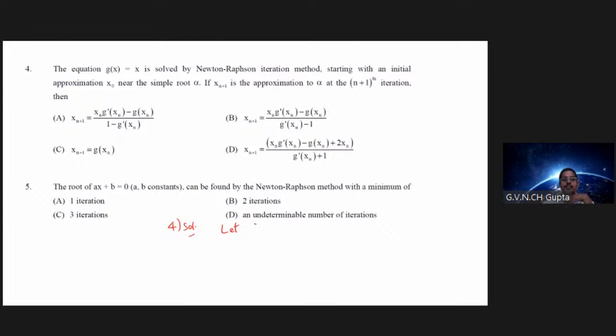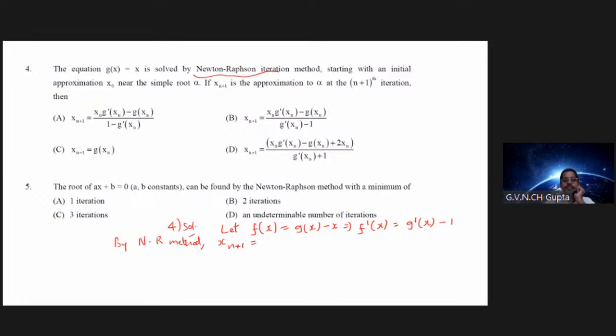Let the original function f of x be such that we consider all x terms on the left side. g of x is already on the left. Shift the right side x term to the left side. You will be getting f of x equal to g of x minus x. This implies immediately find the first derivative, because the Newton-Raphson method is already mentioned. So this is g dash x. The x derivative with respect to x is 1. By the NR method,